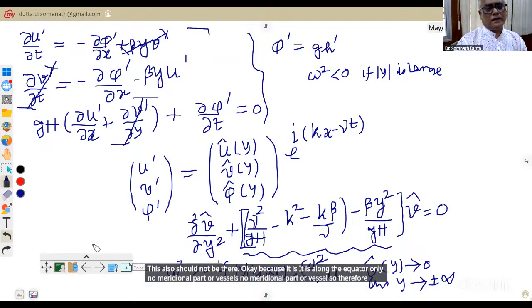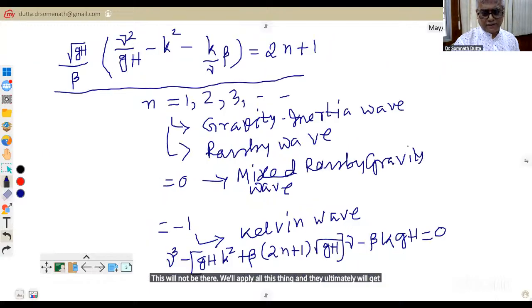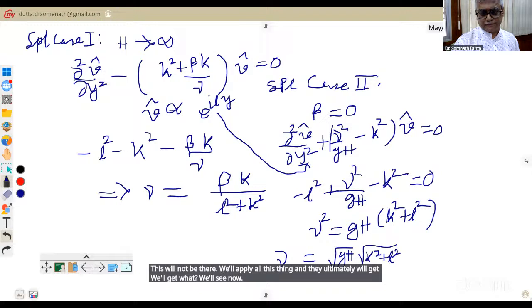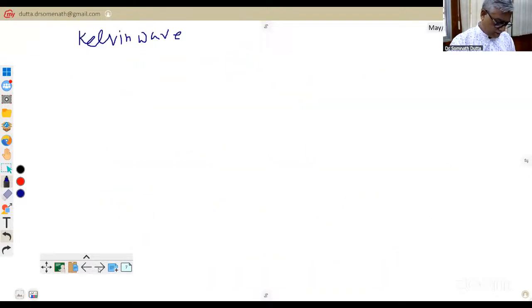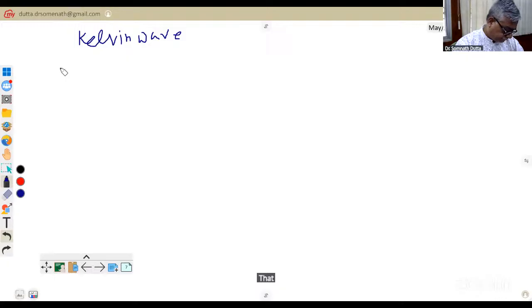So therefore, on this equation, we will apply the same thing. Only thing is this will not be there. We'll apply all these things, and then ultimately we'll see that we will get these three sets of equations. One equation we will get is your